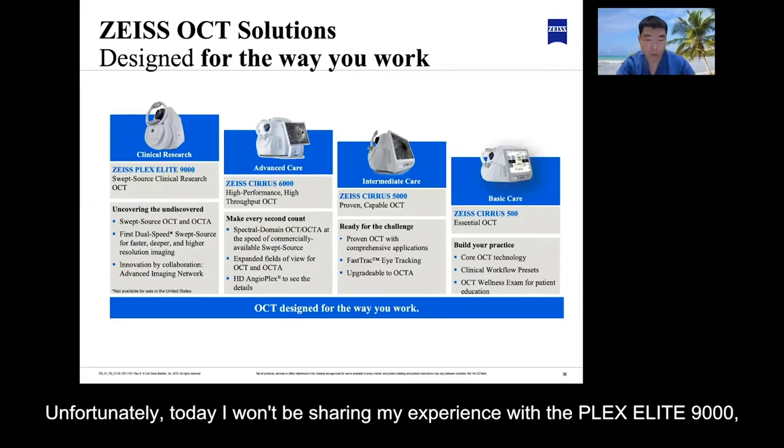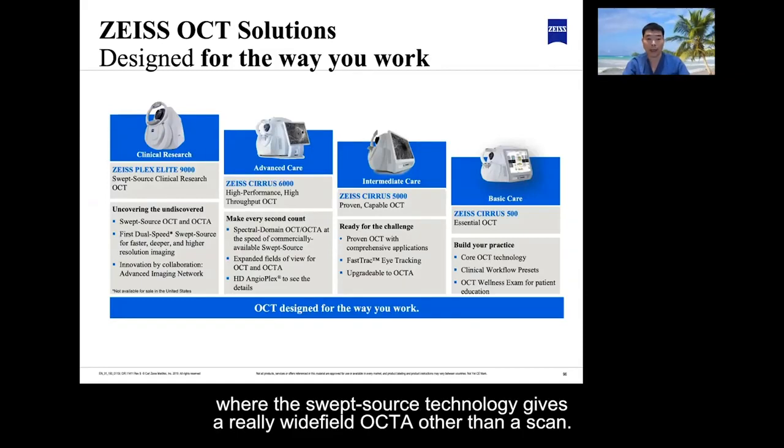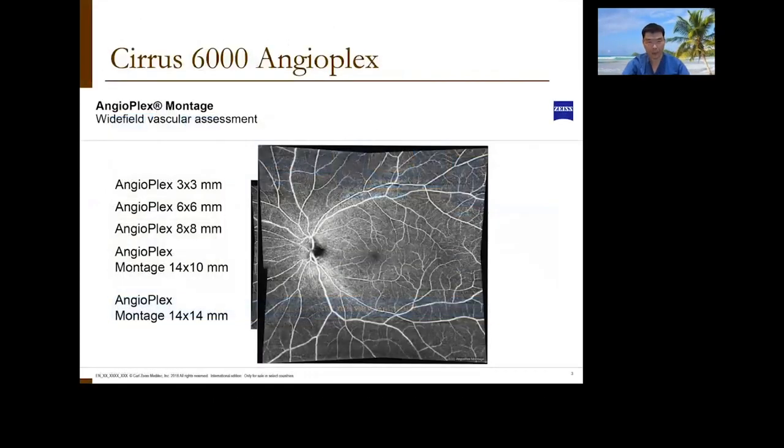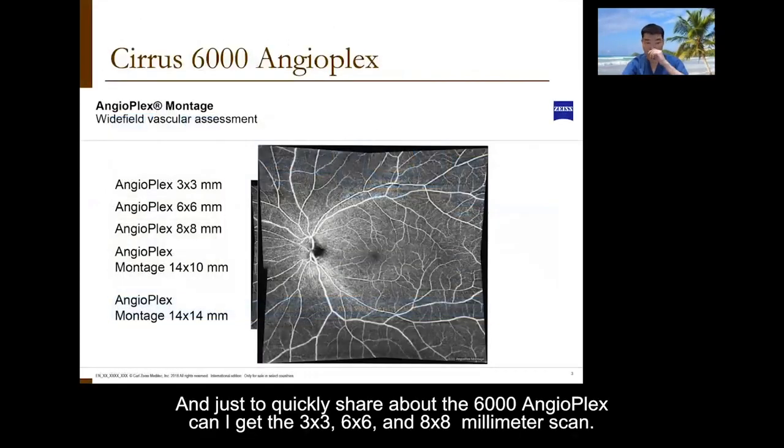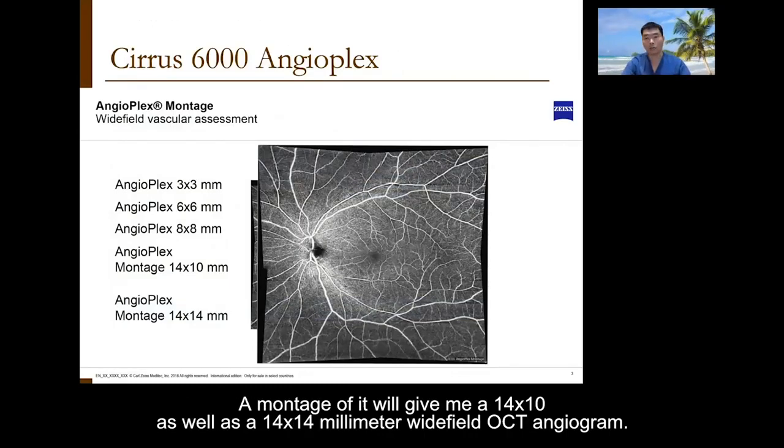Unfortunately, today I won't be sharing my experience with the Plex Elite 9000, which uses swept source technology to give a really wide field OCTA. Just to quickly share about the 6000 AngioPlex, not only can I get the 3x3, 6x6, and 8x8 millimeter scan, but a montage of it will give me a 14x10 as well as a 14x14 millimeter wide field